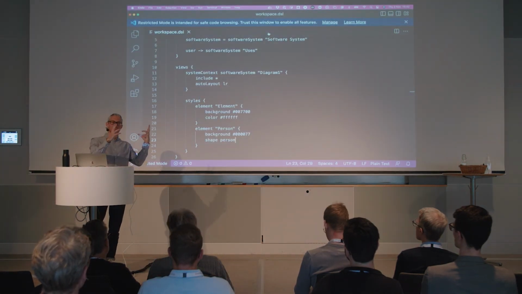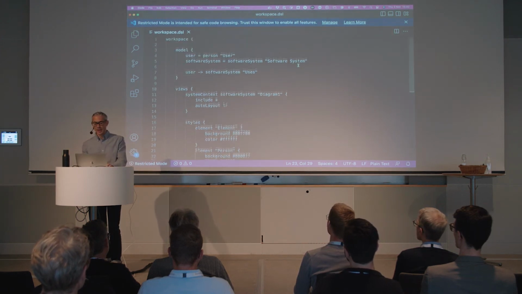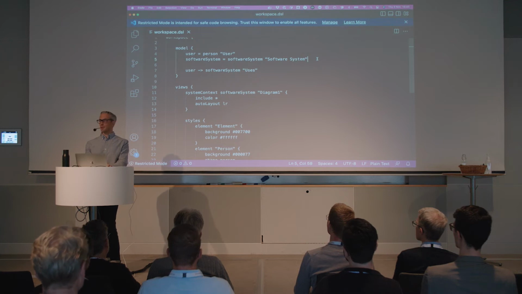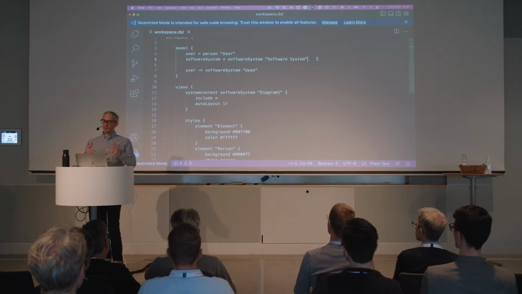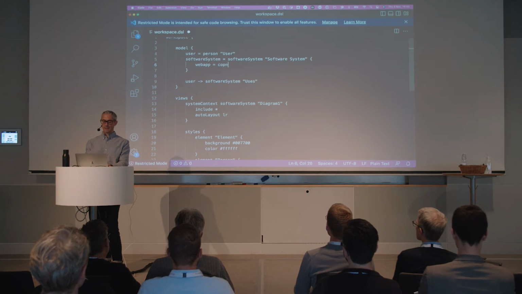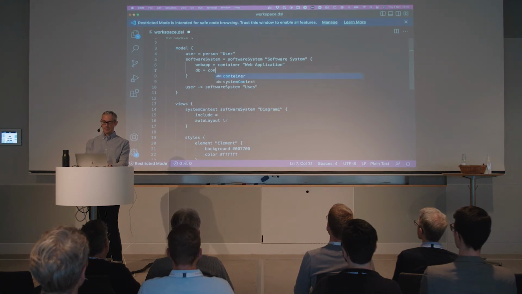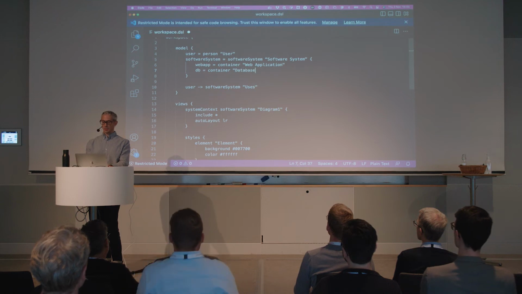So let's imagine we have our context diagram, and it's awesome, and now we want to create a container diagram. How do we do that? With C4 PlantUML, you would craft up a new file. With this one, you just add more things to this same file. So we're going to add some things inside our software system, and we start typing away. Let's have a container called web application, and we'll have another container called database.